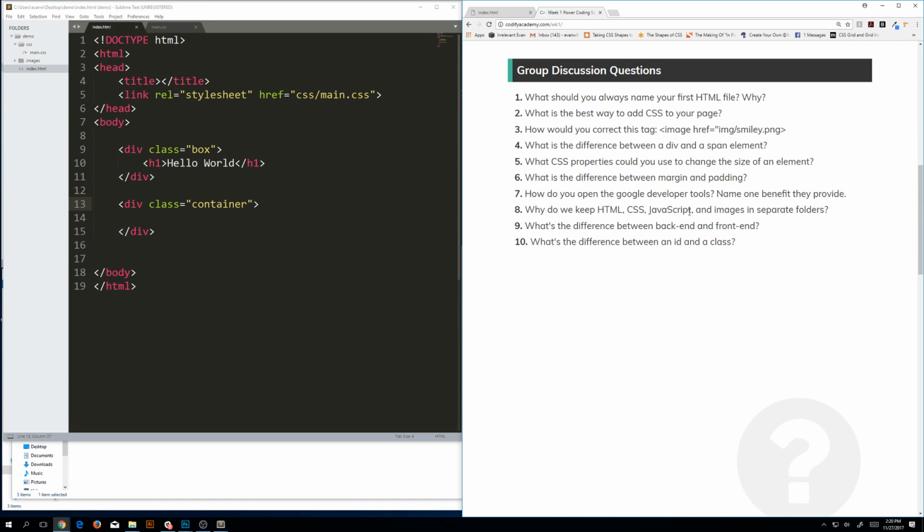All right, discussion questions. What should you always name your first HTML file and why? You should always name your first HTML file index.html for a very simple reason. Index.html is what the browser looks for when it tries to open your web page. If you name your HTML file home.html, it is not going to work. The only file that a browser recognizes by default is index.html. That's what it looks for as the root file for your web page. If it is called anything else, the browser will not know what to do and your web page will not load. That is why we name our first HTML file